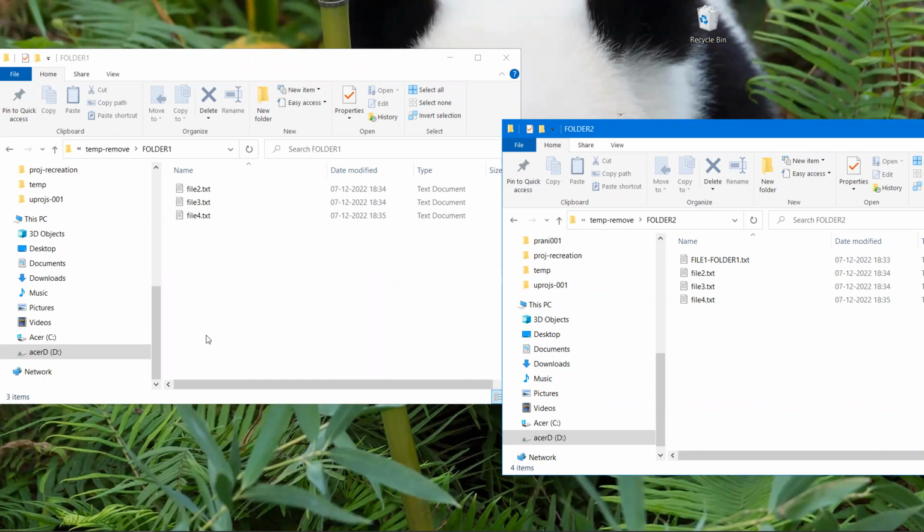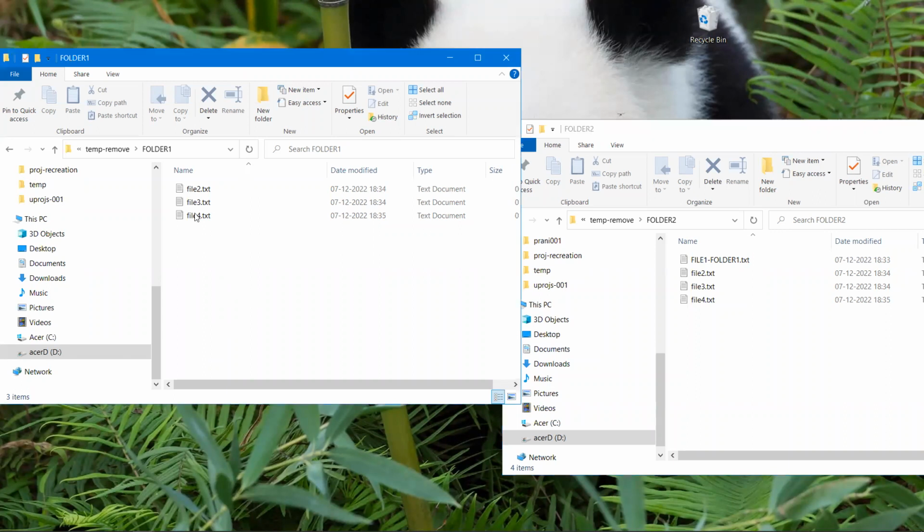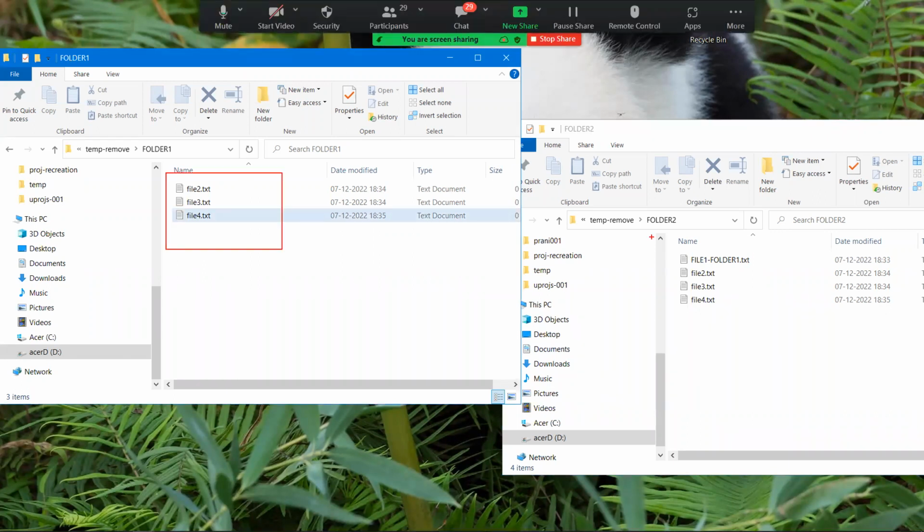Now tell me if there is a way I can copy these three files from this directory into this directory automatically. I don't want to do that manual copy paste. We can write a bash script.